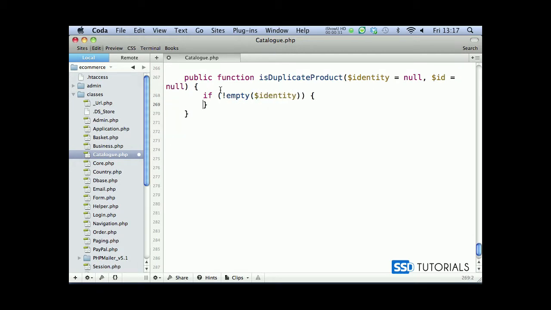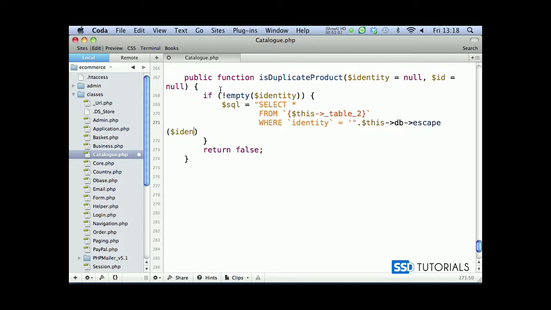identity. Then obviously after this we return false. Then we go for the SQL statement, select all from this underscore table to where identity equals single quote, and this db escape identity, then concatenating with a double quote single quote, and then we check if isn't empty ID,